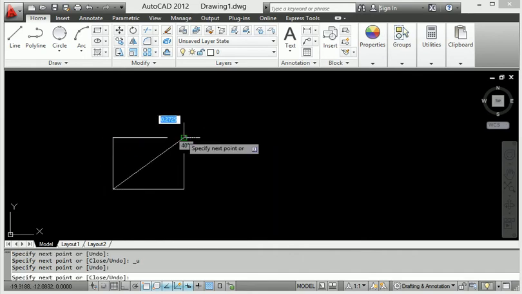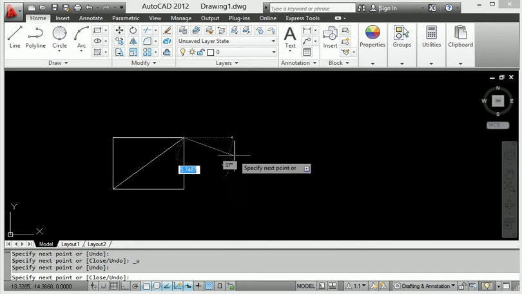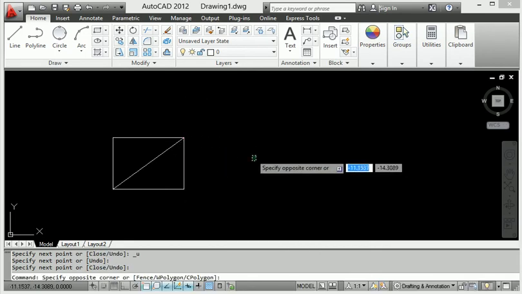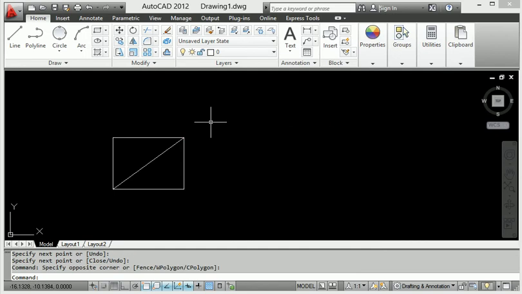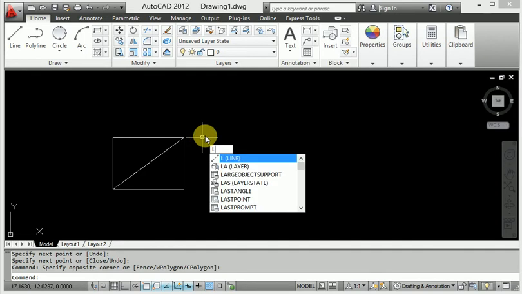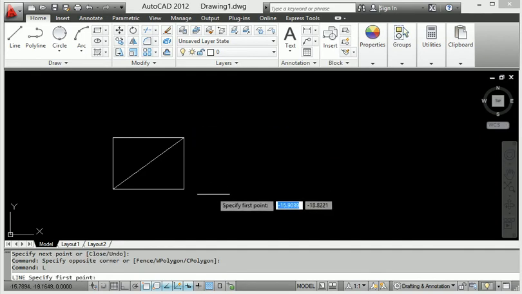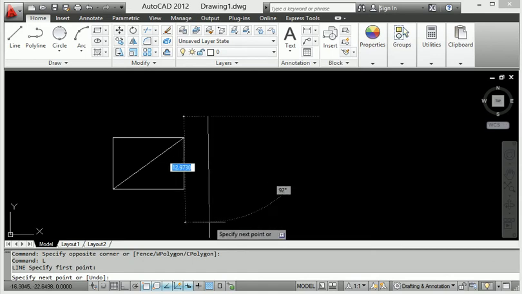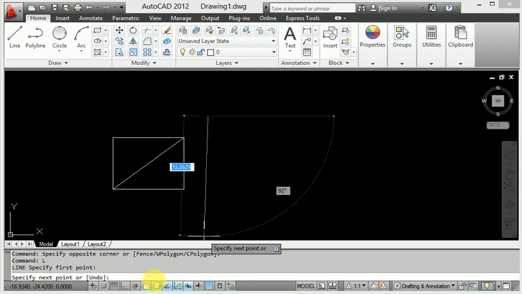Now exit the sketch with escape enter, and I will show you how to get mirror. I click this particular line, press L enter again, and join the line as a straight line, with ortho on.